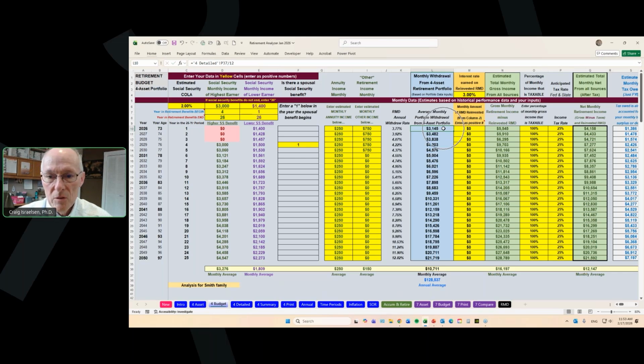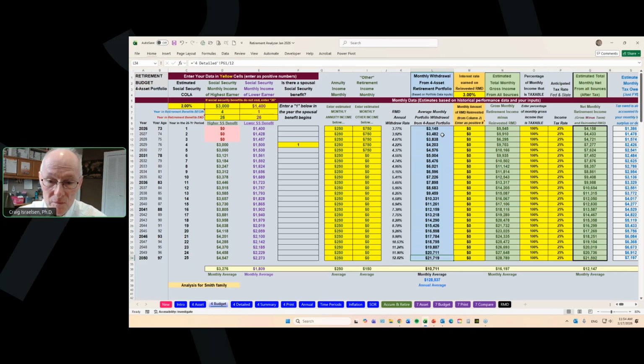The average withdrawal in year 1 is $3,145. That's based on all the historical analysis. It looks at all of the year 1 withdrawals and then averages them. In year 2, the average withdrawal based on the RMD was $34.82. And you can see all the way down, your average withdrawal in year 25